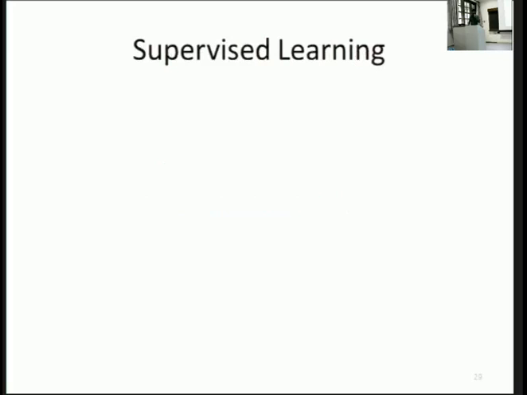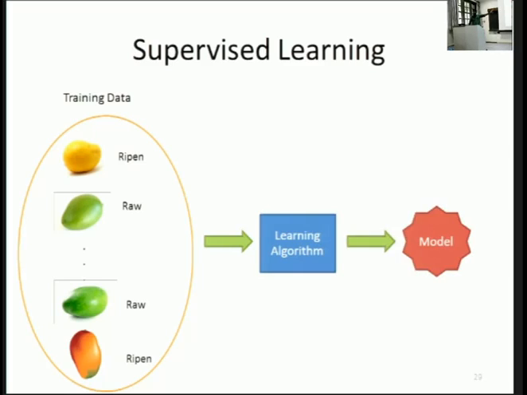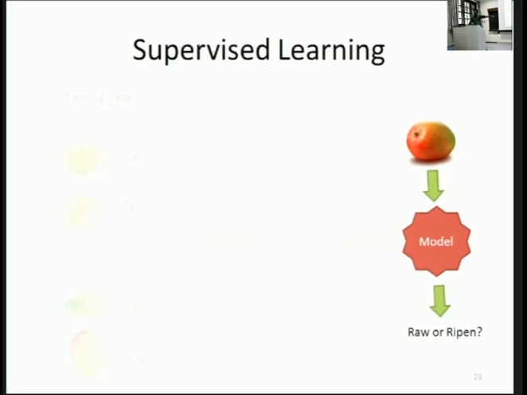So for supervised learning, we'll again go to the farmer. The farmer has these mangoes. You have a lot of data and you want to find something from it: ripe mango and raw mango. Say you have 1,000 mangoes, and some people have sat and put them into two baskets. We are given this information that they are ripe or raw, and then you have a learning algorithm. You give these inputs and you get a model, which in the earlier case is the line. If you give a new mango, it will tell you raw or ripe. So this is basically a supervised learning algorithm.